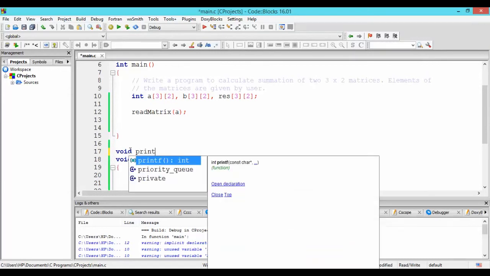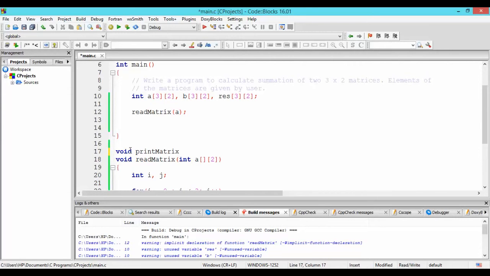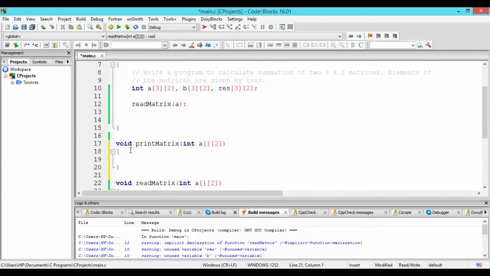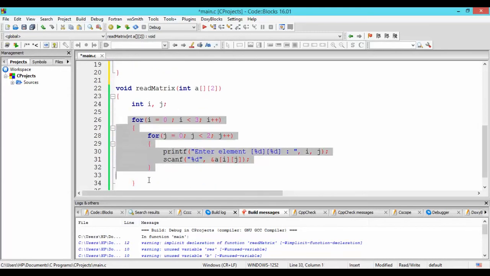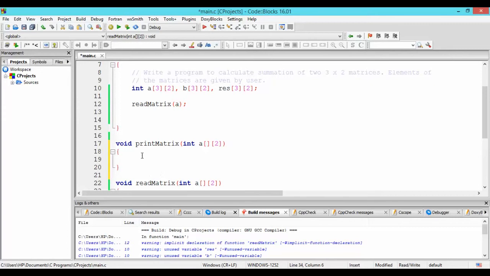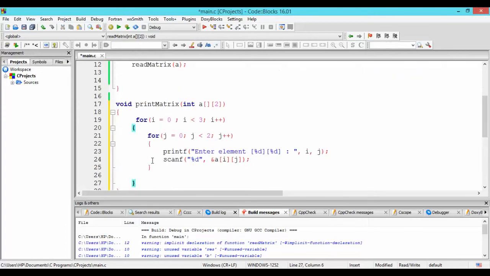Print matrix. Again, as the number of columns in the matrix is 2, so the parameter would be having 2 specified in the column dimension, but the rows would be empty. This is how a two-dimensional array is passed into a function. Now to print all the elements, again we are going to have this nested loop. So I am just copying and pasting it to the print matrix function,